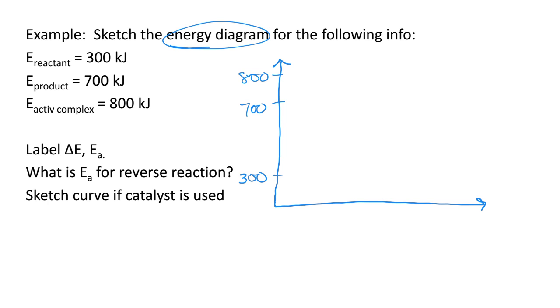So what's going to happen is it's going to start at 300, go all the way up to where that peak is, and go down to where that product energy is. So my graph is going to look like this. We can go ahead and label reactants, products. It's also asking us to label the change in energy. So my change in energy is